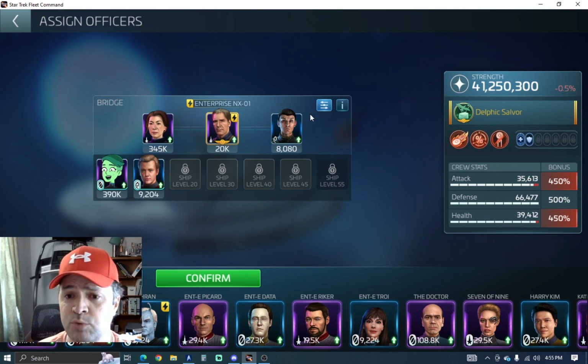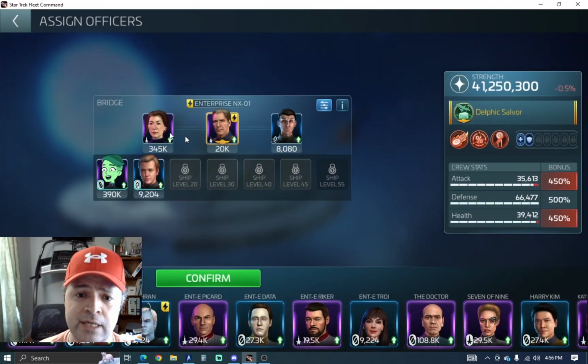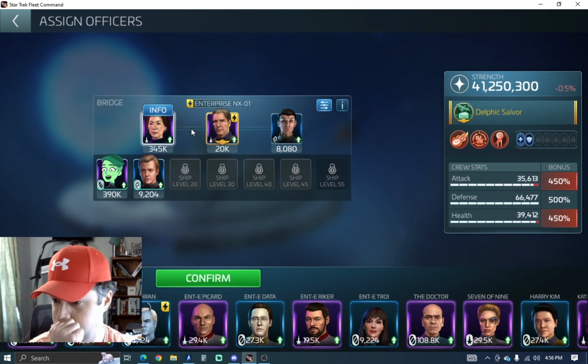And I think at this point a lot of people know, but what Tal does is he reduces the ship's hull of the opponent by 5% each round while it's burning. Mine is only tier 1, so it depends on your tier, of course. And so I have Giorgio, mine is maxed, so you can use Giorgio, or you can use Nero, for example, here. But with those two, you can take out the battleships,